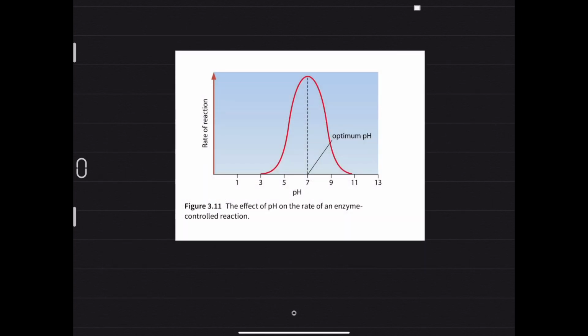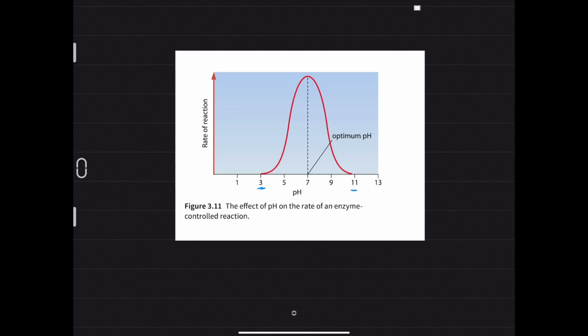So now I want you to take down this graph for the rate of reaction when pH is a factor. And what I want you to notice is the region of the graph where pH is 3 and pH is approximately coming close to 11. Notice that the rate of reaction has dropped to 0. Now, why this is important is because we can compare